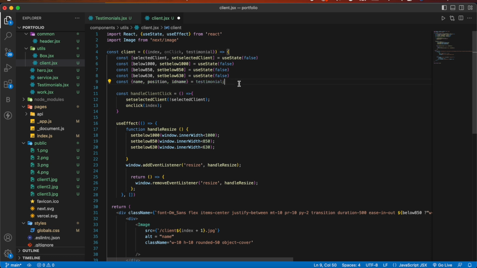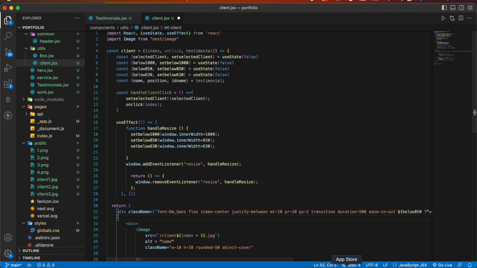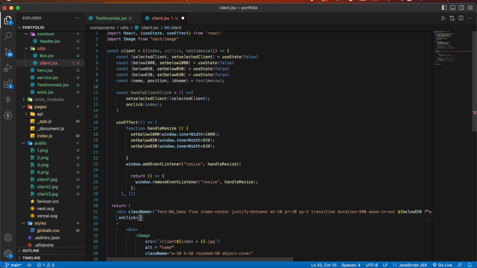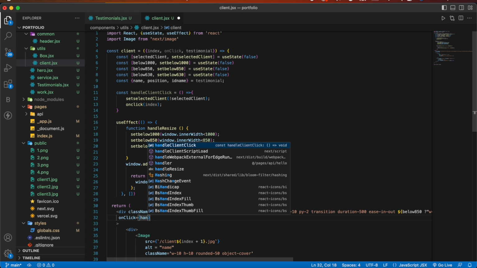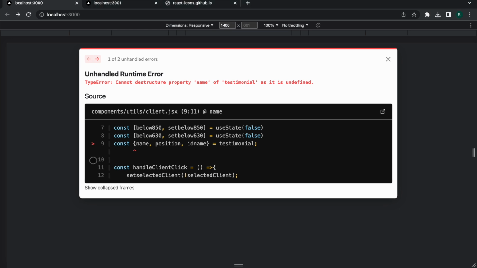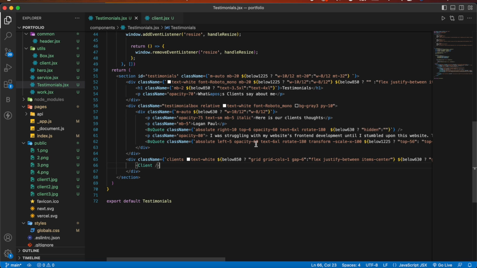and now uncomment this. And also here we'll define our on click function, this will handle the handle click function. Now if you go here, you get the error here because we haven't passed the testimonial using the map function. So let's use the map function here. So testimonial